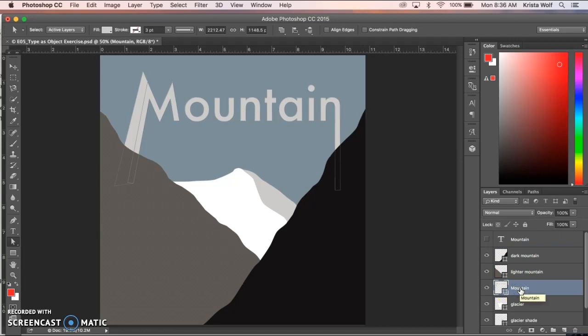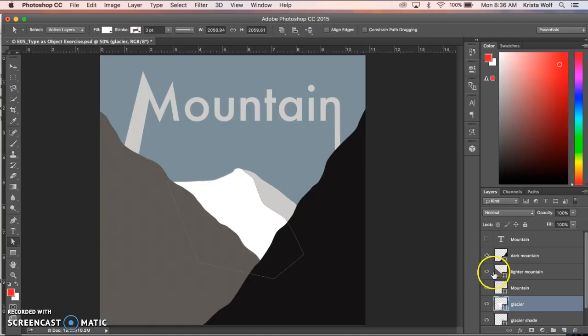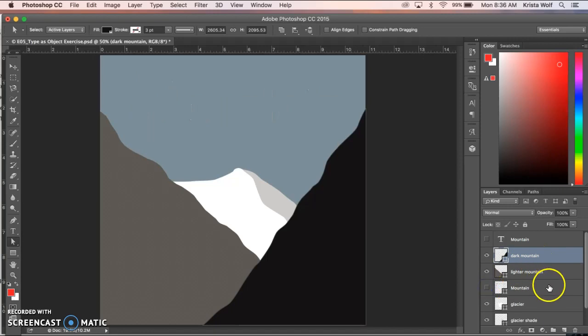So the mountain layer, I want you to notice quickly, is below the lighter mountain, which is this shape, and the dark mountain, which is this shape, so that the parts of the letter that extend beyond it, like that, are hidden. And that's just an artistic kind of interpretation element. So we are going to turn this text layer off, and we're going to get started with a layer of